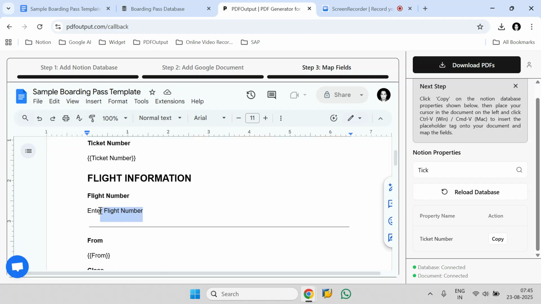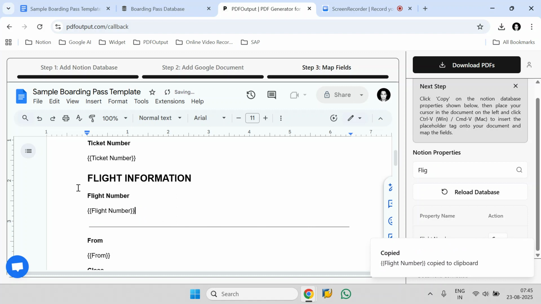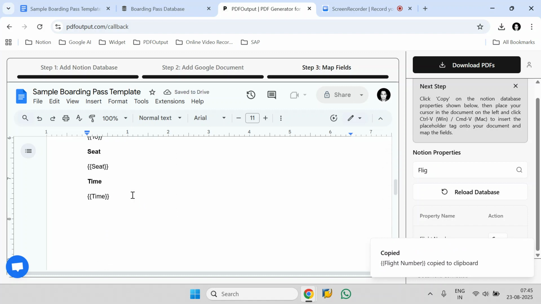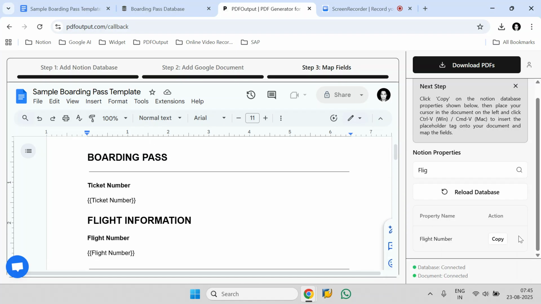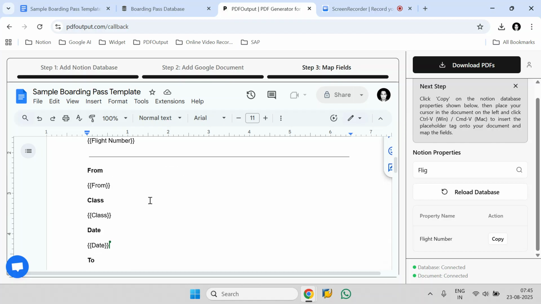Next is we need the flight number. So let us search for the flight number over here, which we have. Click to copy this flight number property and simply use again Ctrl V or Command V to paste that property over here. And you can see I have already added all the properties as was required onto the Google document with the same process. So once you finish mapping all the properties of the Notion database onto the Google document by copying and pasting,